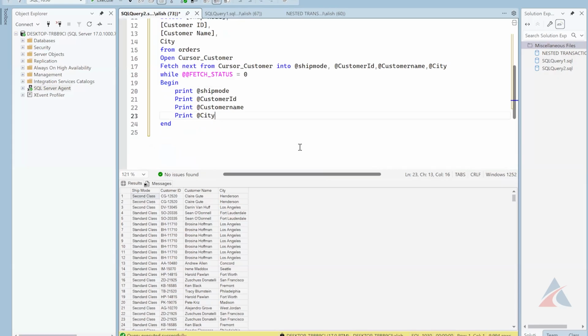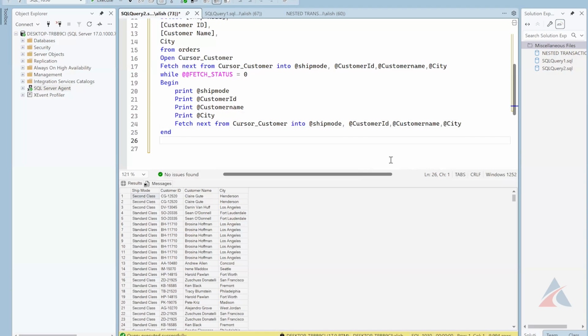Now it will print whatever you are fetching in line number 17. After that, we need to fetch one more record. So copy line number 17, and in line number 23, enter and paste. This is going to fetch the next record. So the while loop again jumps to the 18th line. If fetching is successful, again it will print the next row. Again it will go and keep on looping